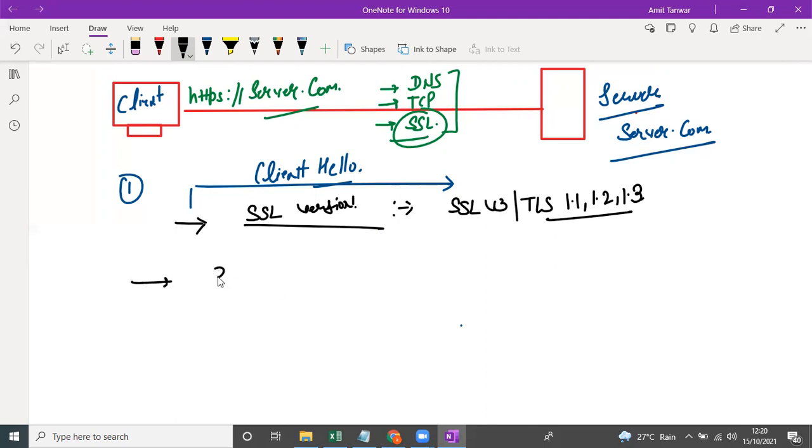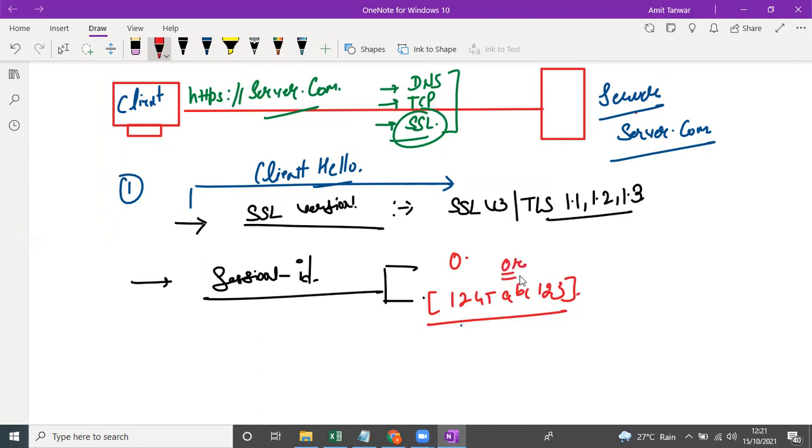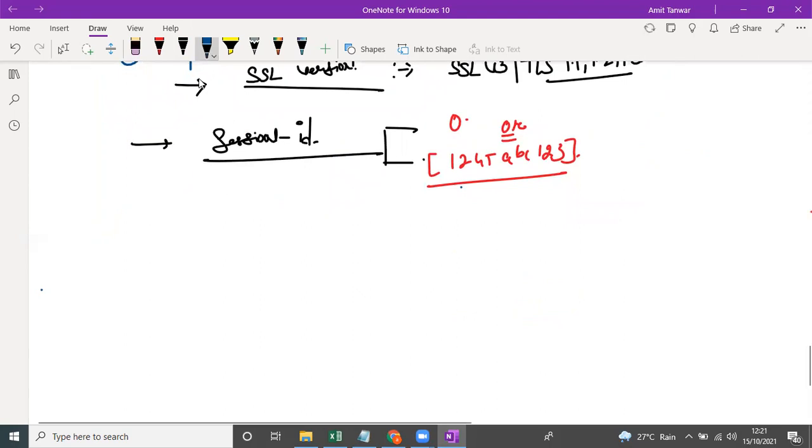The second is the session ID. The session ID can have two kinds of values. It can be 0, or it can have some value like 1, 2, 3, 4, 5, A, B, C. There are two possibilities. What are the scenarios here? The session ID will be 0, or you can say null,